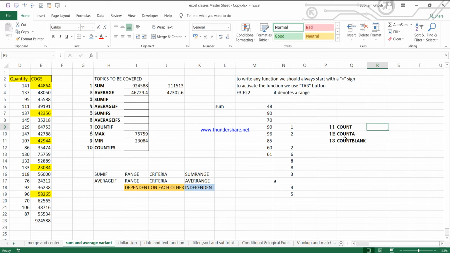By the name you know that count blank means it will count only the number of cells which are blank. But count and count A, this is a basic difference. Now let me tell you what the basic difference is between count and count A. So count, as you can see I have written a count. It will count